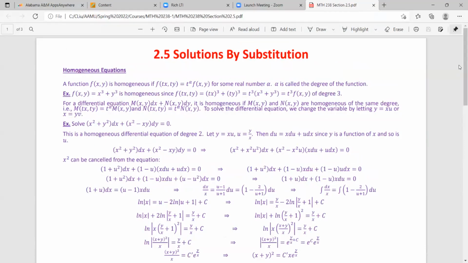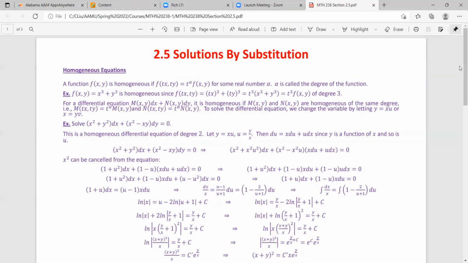That's a homogeneous function. And then if the differential equation has homogeneous functions for those M and N in the equation, then the equation itself is called homogeneous. Okay. For homogeneous equations, we can use substitution